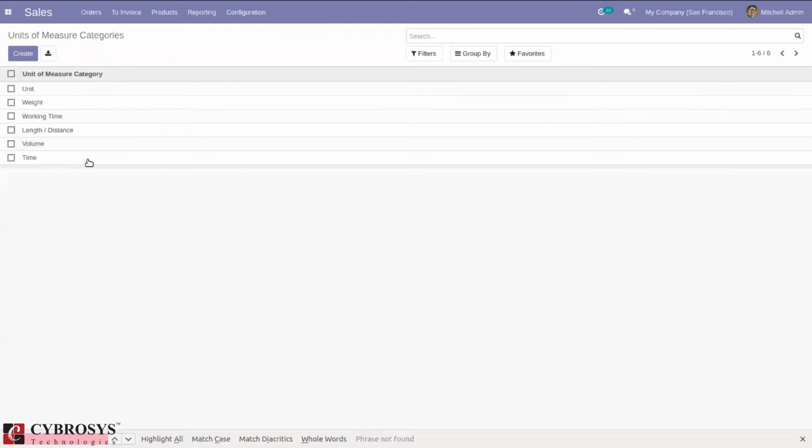So you can see it is possible to create different categories for unit of measure, which includes categories like weight, volume, time. So if you're converting a unit of measure from one to another, it is only possible within this category. So if you're converting kilometer to meter, make sure that kilometer and meter are in same category.